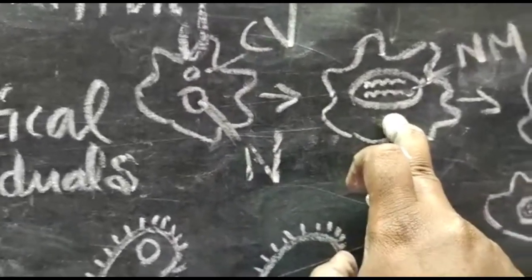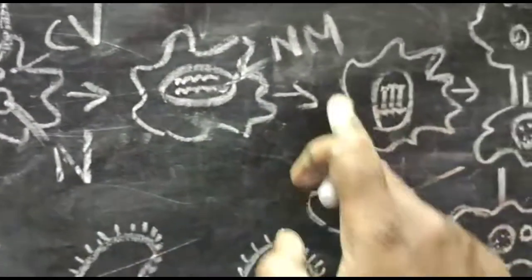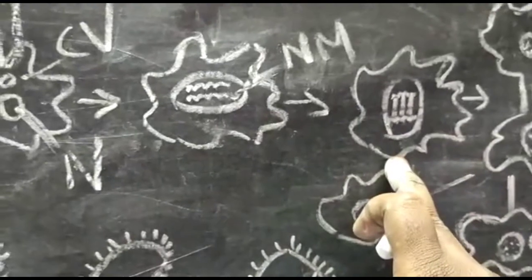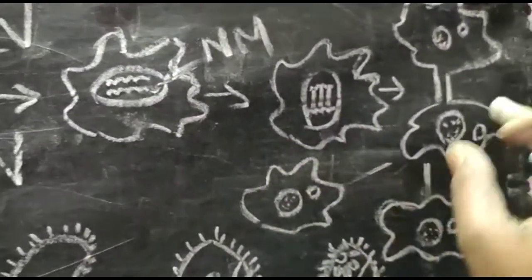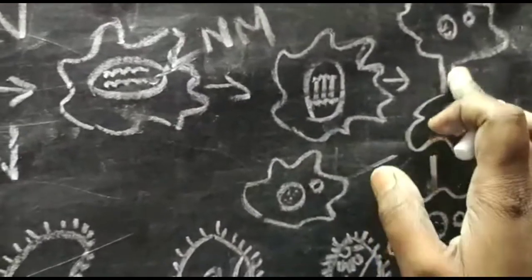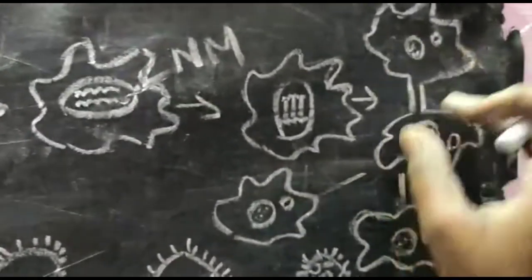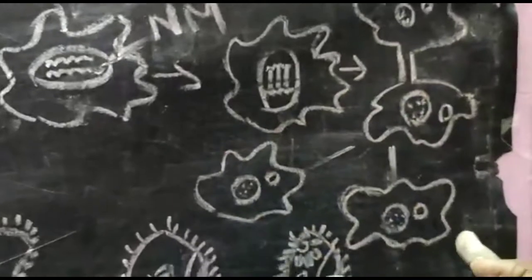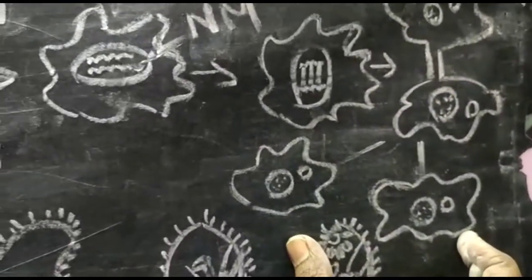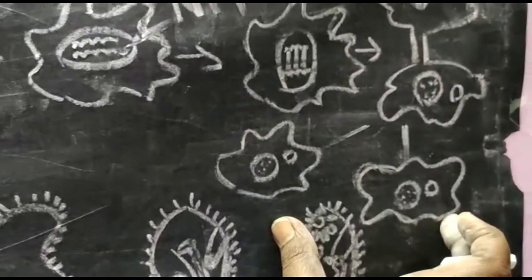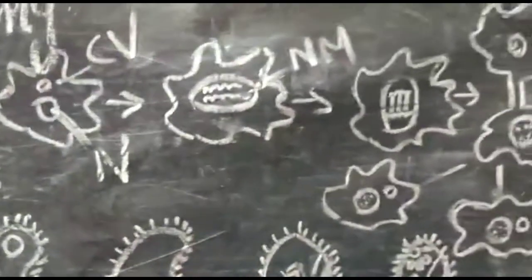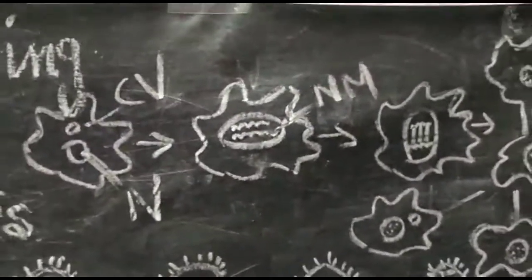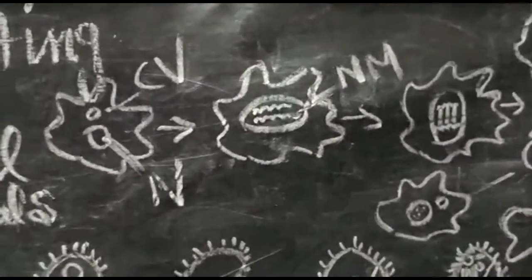The nucleus disintegrates and then divides mitotically, and the cell constricts in the middle. After the cytoplasmic division, two daughter individuals are produced. So this is irregular binary fission. After irregular binary fission, next we will see